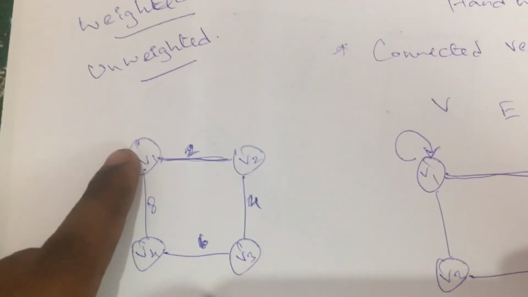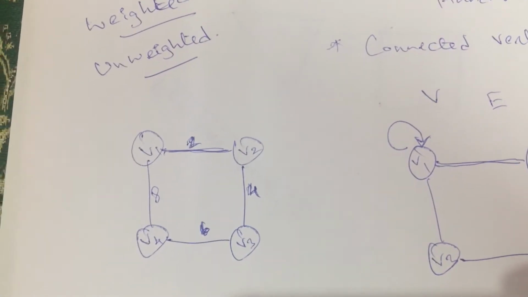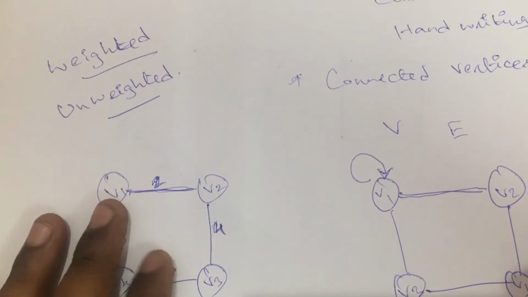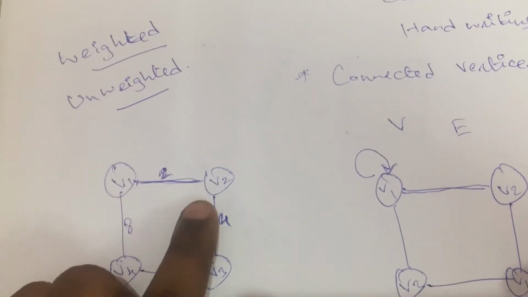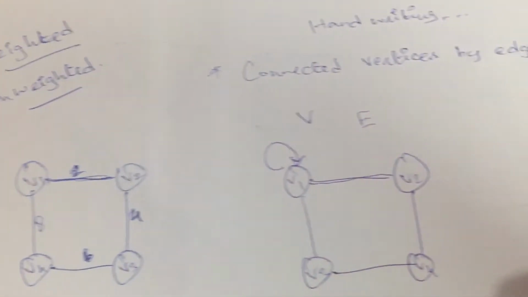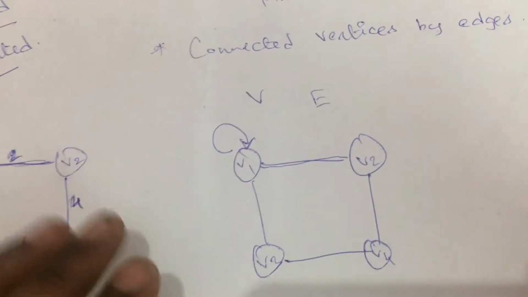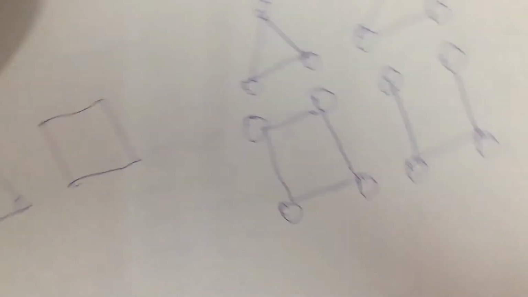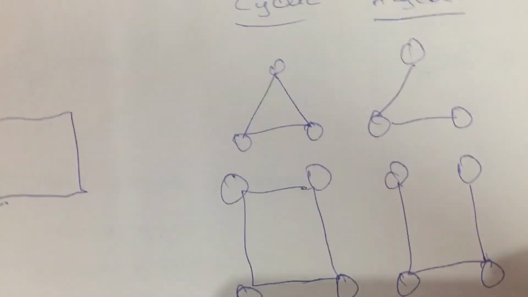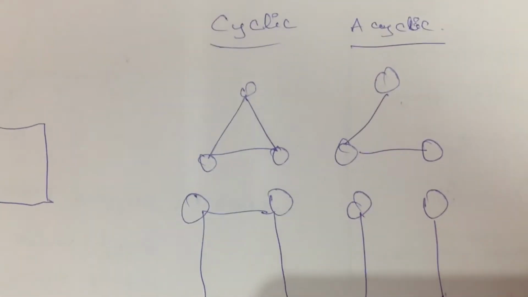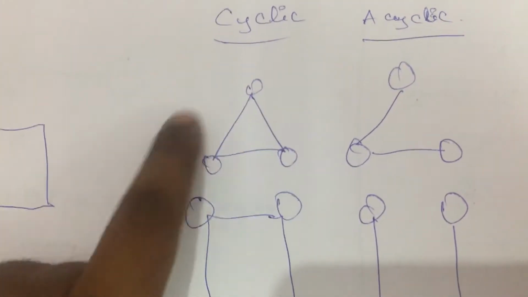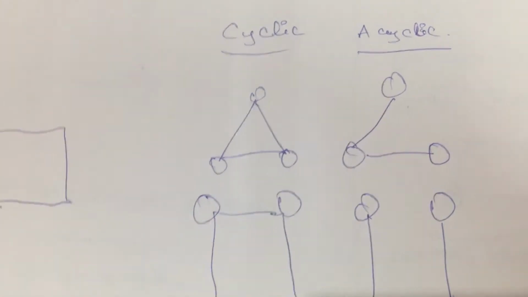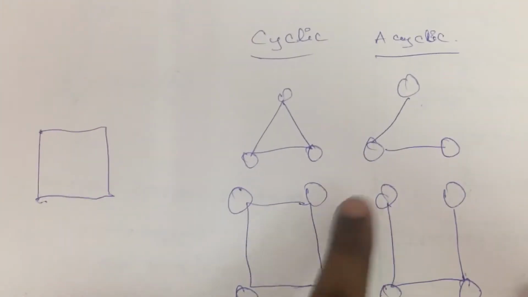A weighted graph is nothing but a graph that has a particular weight, right? So if a graph has a weight, it is considered to be a weighted graph, where the weight will be given for the edge that connects two vertices. And when it comes to a non-weighted graph, it won't have any weight mentioned on any of the edges. Similar to this, we also learned about cyclic graph and acyclic graph, where a cyclic graph will connect all the edges in a looping format, and an acyclic graph won't have any cycle, right? So that's the difference between cyclic and acyclic.